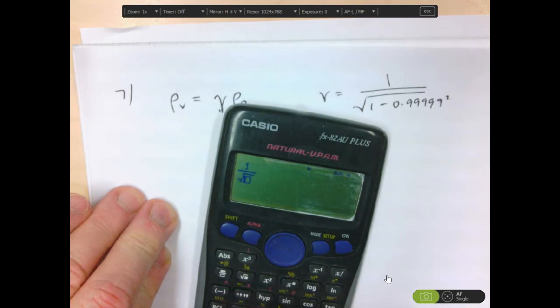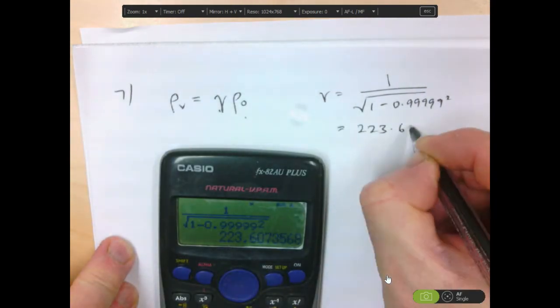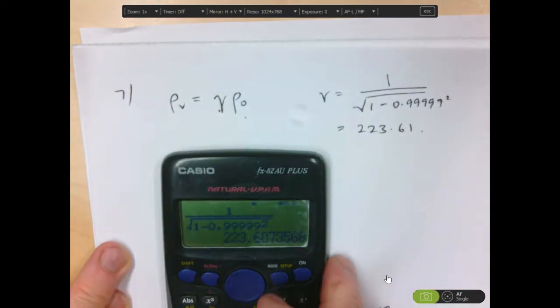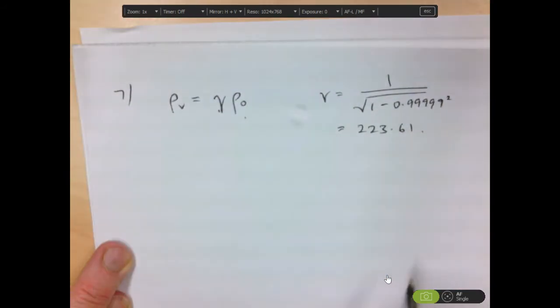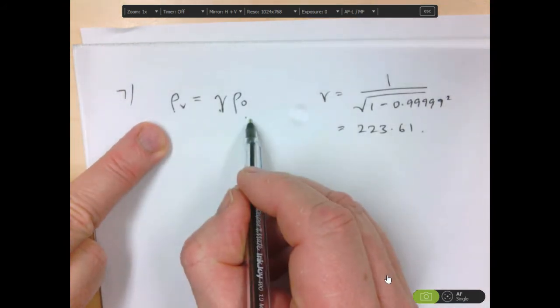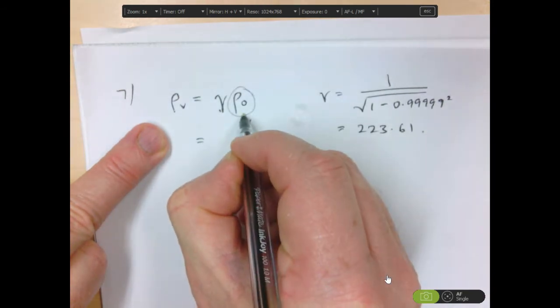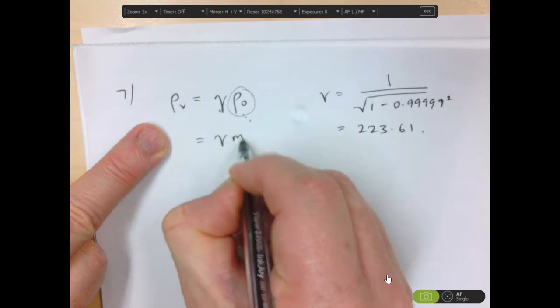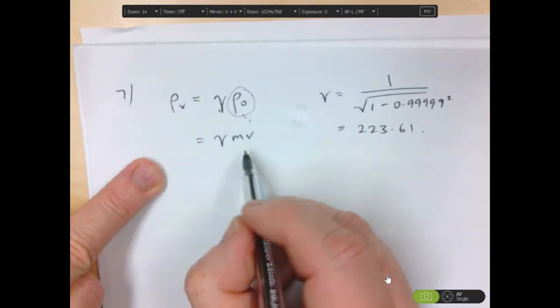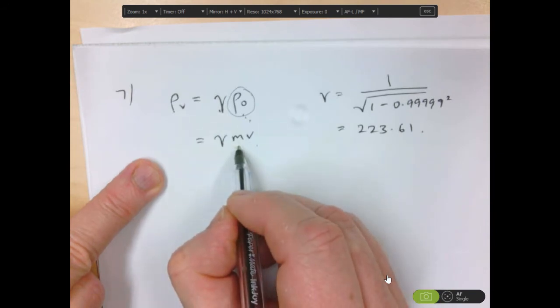1 over the square root of 1 minus 0.99999 squared, 223.6. It's actually 223.61. Okay, just rounding there. Okay, so its momentum is given by this formula, as I said a few moments ago. If we were to multiply this out, remember this is actually mv. So the momentum at velocity is actually gamma mv, where m is the mass of the particle times